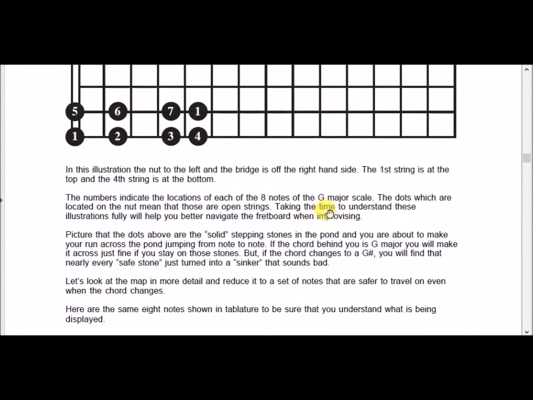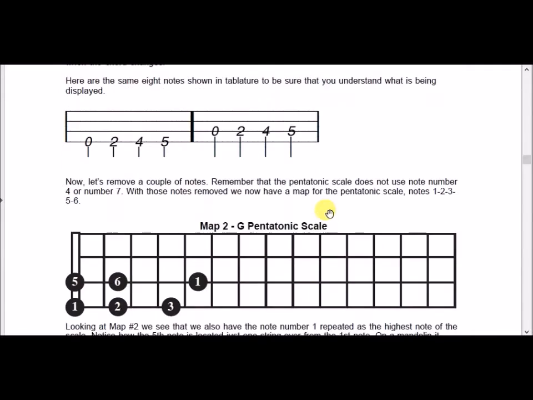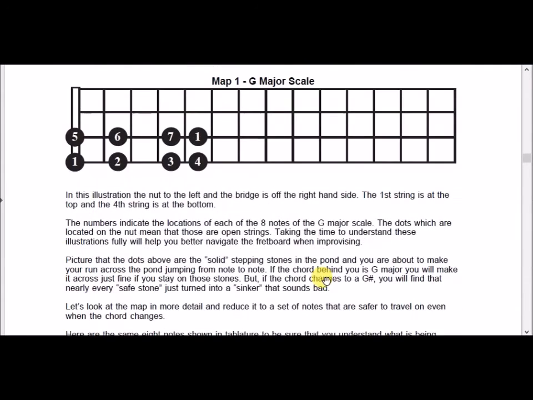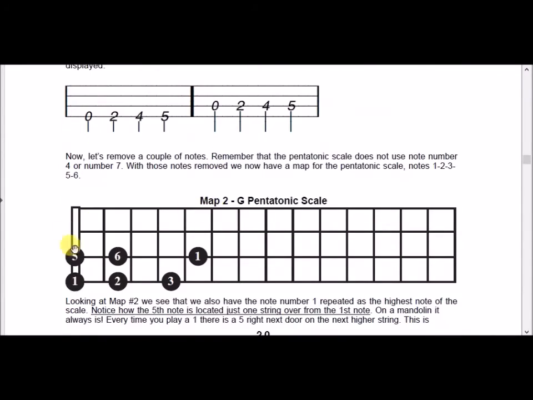Now, let's move down the page a bit and look at map number 2, G pentatonic scale. Notice that we're missing a few dots, but it's derived from this diagram right here. We have 1, 2, 3, 4, 5, 6, 7, 1. And notice we have 1, 5, 2, 6,